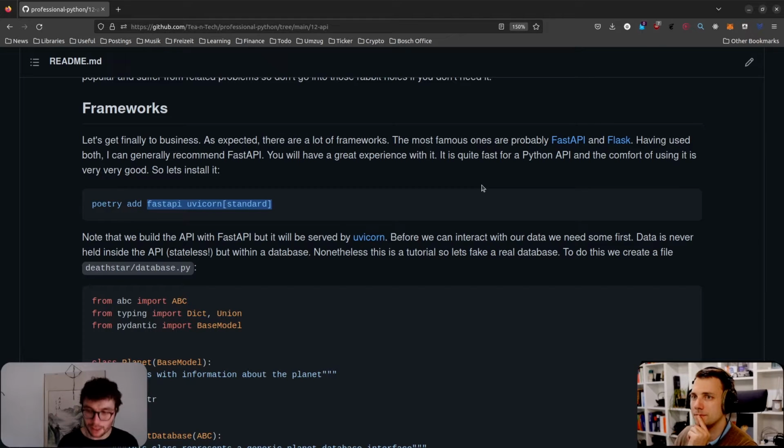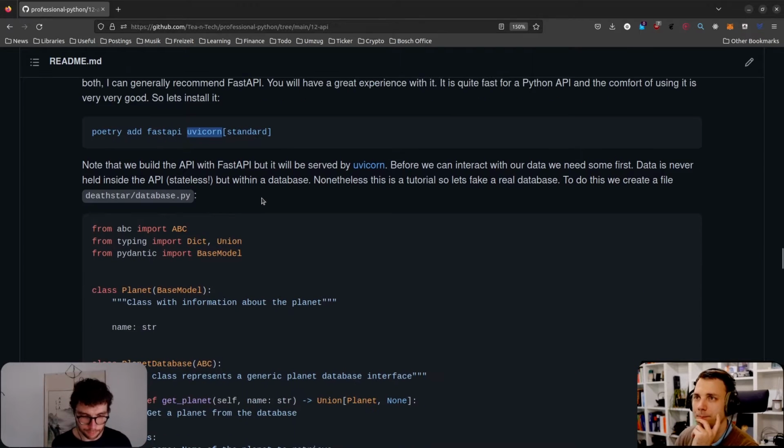FastAPI is just for building the API. You still need to serve it, like a web server and that stuff. That's Uvicorn. Just so you understand, FastAPI is just for building the API, but it cannot serve itself. You need to have the serving layer on top of it, and that's done by Uvicorn. It's also good because you could exchange the serving with something more efficient in the future. So it makes sense to separate those layers.